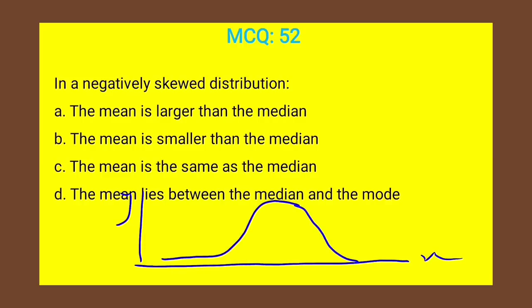You see, when I'm heading towards the negative side, where the red arrow is showing, it's heading towards the negative side. And we are saying that in a skewed distribution, or normal distribution, and in skewness, always the distribution will take into account,